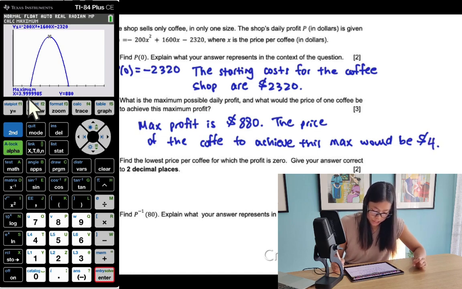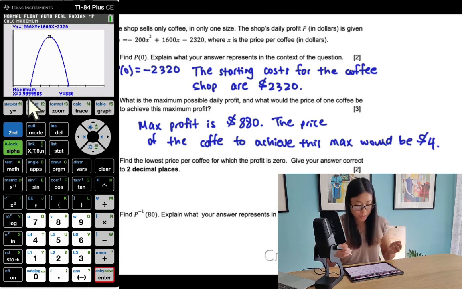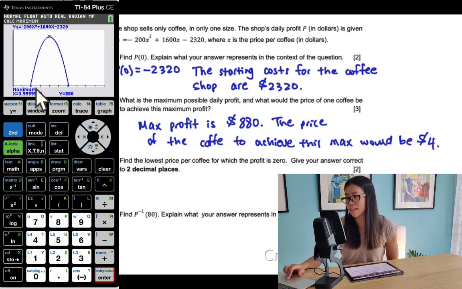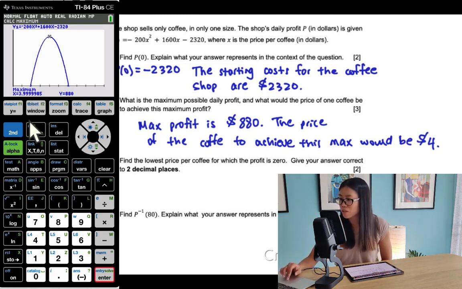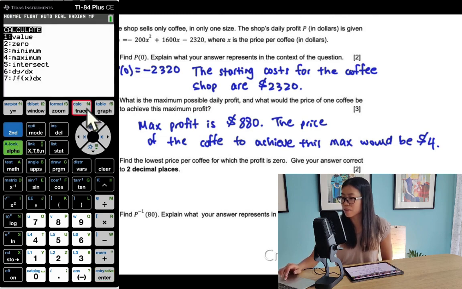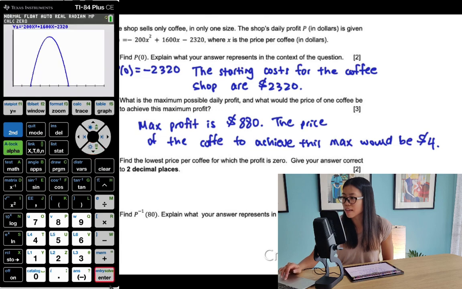Okay, the next question asks us to find the lowest price per coffee, so that's an x value, for which the profit is 0. So that tells me I need to find the first x-intercept here that I see, and I need to give my answer correct to 2 decimal places. So let's go ahead and go to our calculate menu. We're looking for the 0, and this time I want to scroll until I'm to the left of the first x-intercept, then to the right, press enter, and I get that the